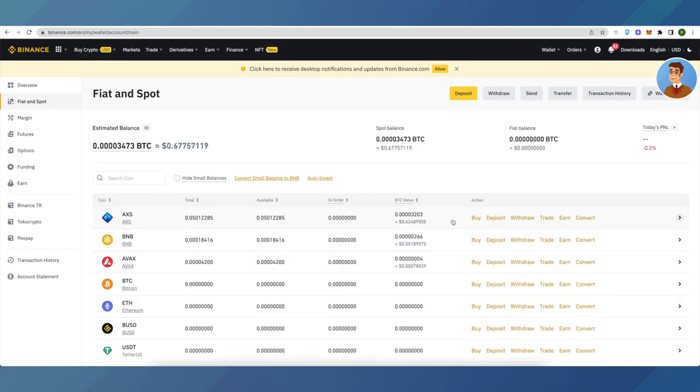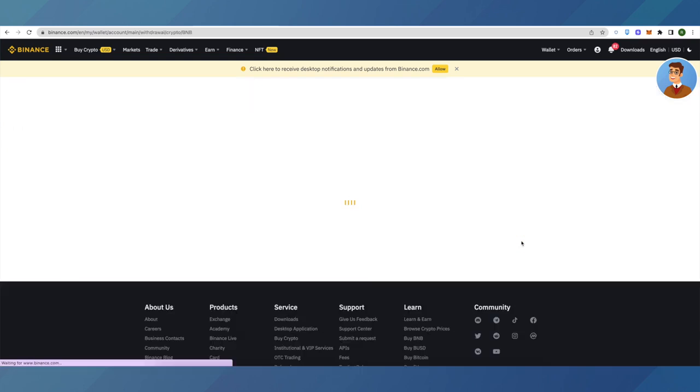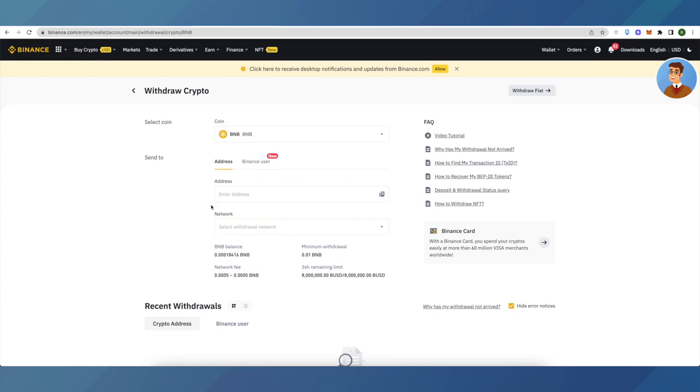So we just saw that how we can buy. Now let's see how we can send our crypto to someone else. All you have to do is just select the crypto of your choice that you want to send. And suppose I want to send BNB to someone else, I would just go here and click on withdraw. Then get this address from the person who you want to send your crypto to and copy paste that address here. Suppose I want to send this crypto to my MetaMask wallet, so I will just open up my MetaMask wallet,